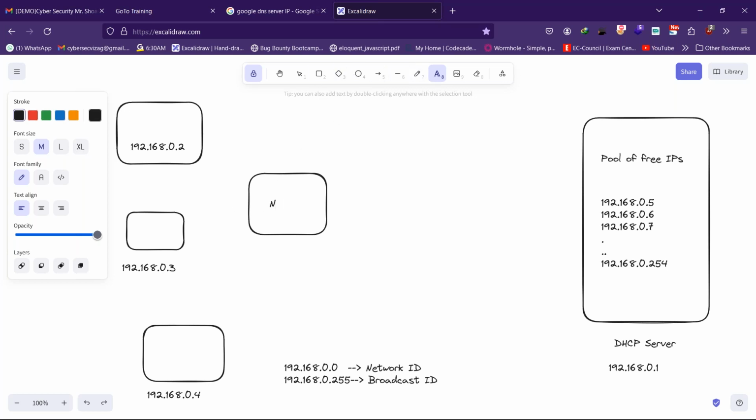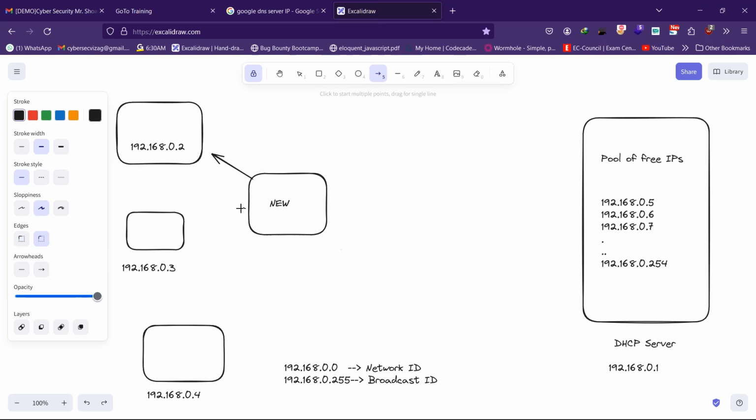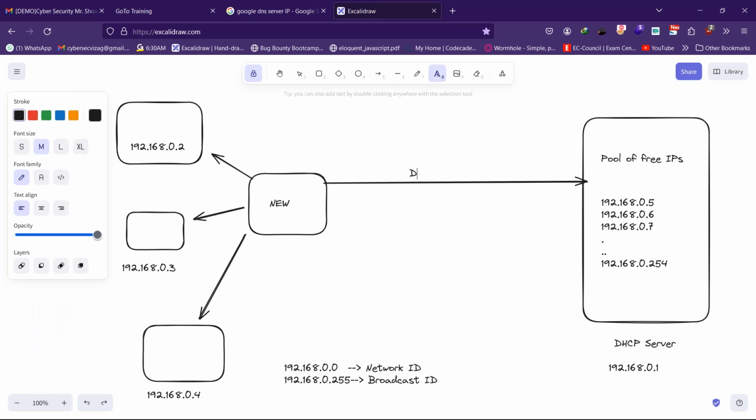This device starts sending a packet to every other device. How does it do that? It sends a packet on the broadcast ID 192.168.0.255. When that device sends a packet on the broadcast ID, the packet reaches every other system in the network. So this is called a broadcast signal, and this packet is called the discover packet. Basically it is trying to figure out where the DHCP server is. It's asking every other system in the network,